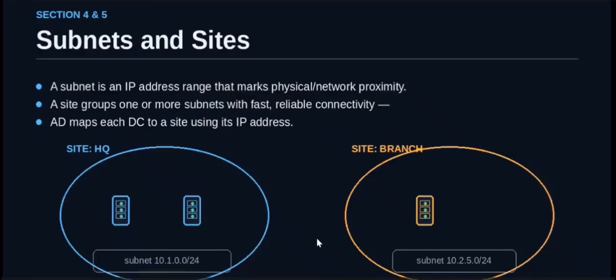Now let's understand what sites and subnets are. We can see how Active Directory knows which domain controllers are physically close to each other. This is done using sites and subnets. Here, a subnet is simply a range of IP addresses. For example, you can see here 10.1.0.0/24 is one subnet, and 10.2.5.0/24 is another. A site is a logical grouping of one or more subnets that have fast